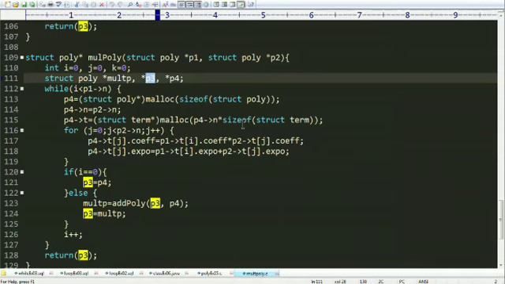If the first polynomial has 2 terms and the second polynomial has 2 terms, then the resultant polynomial will have 4 terms. But in this process, creating 2 polynomials, I just need to explain this.